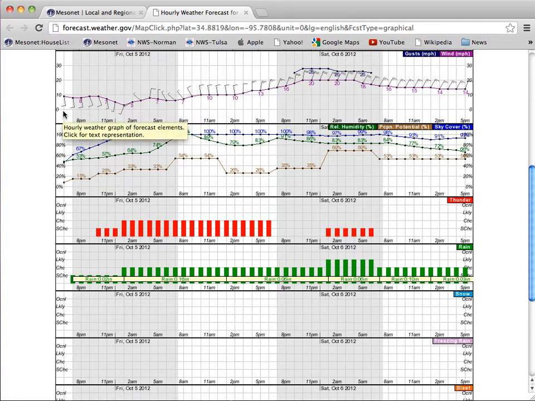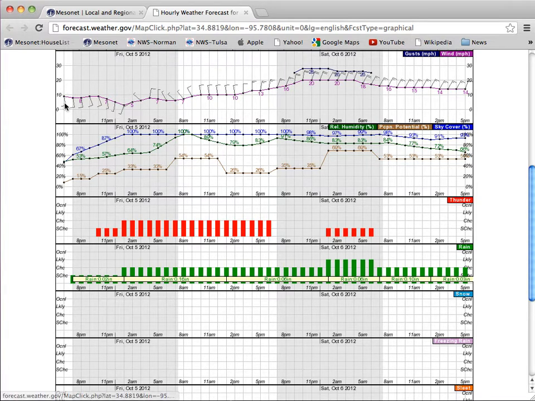The wind direction is also indicated by the wind barb, and the wind is coming from the area where the wind barb is located on the shaft, going to the dot. So right here at 6 p.m., we have a south wind. The barb is off to the south side. The dot is to the north. So that wind is coming out of the south, moving to the north, which is what we call a southerly